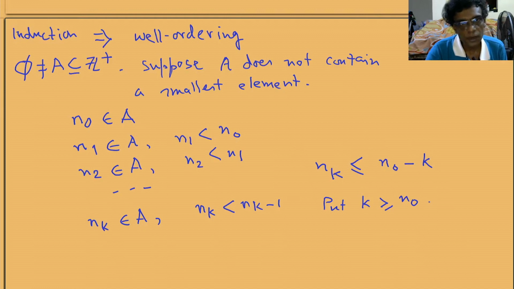So that's basically the two-way proof. Induction implies well ordering and well ordering implies induction. Unfortunately, we have to take either induction or well ordering, which are essentially equivalent, as an axiom. There is no way to prove these things independently. It seems true, and it is impossible to find a counterexample. So we start our mathematics with the assumption that this is true.